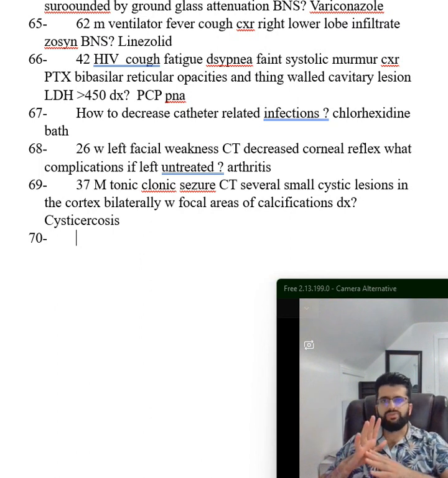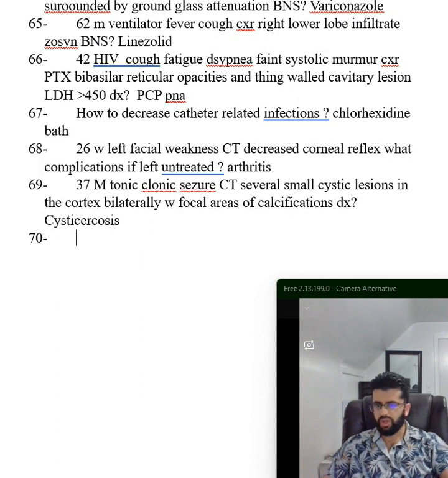And you can do ELISA for equivocal cases, if you're not sure. But sometimes CT is diagnostic, so that's why they give you CT and you should be able to know it. And the treatment for that is albendazole and/or steroids to decrease the inflammation and swelling, okay? That's one thing. Now, another case they give you: a 33-year-old man came in with weakness,